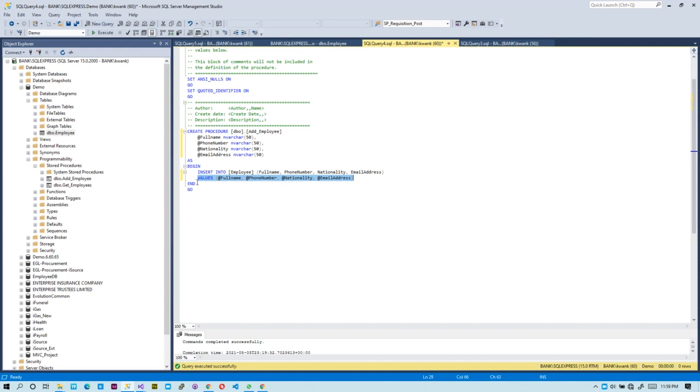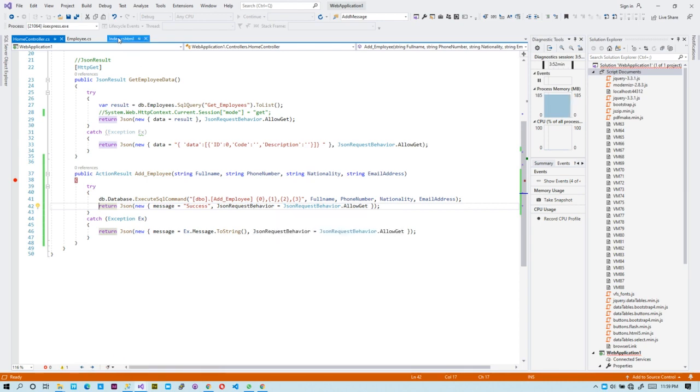We use these values to insert into the DB. So this is basically the stored procedure, and then on the front end parts,